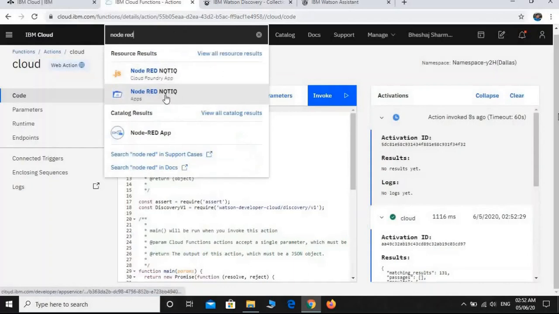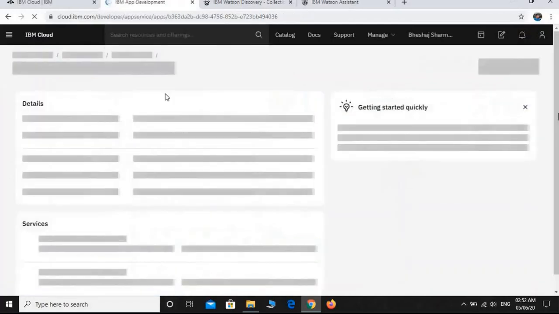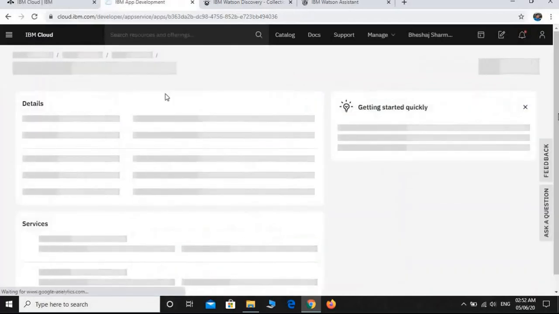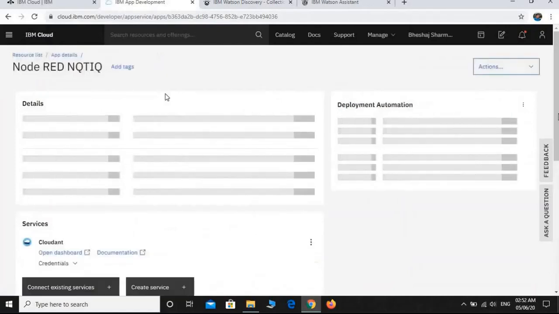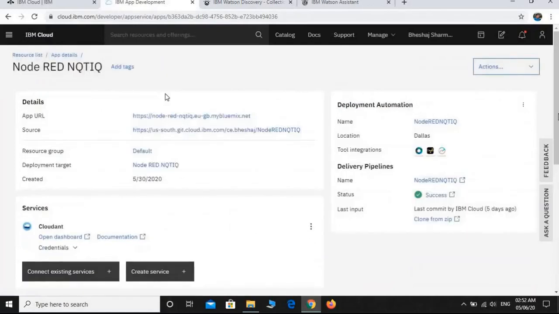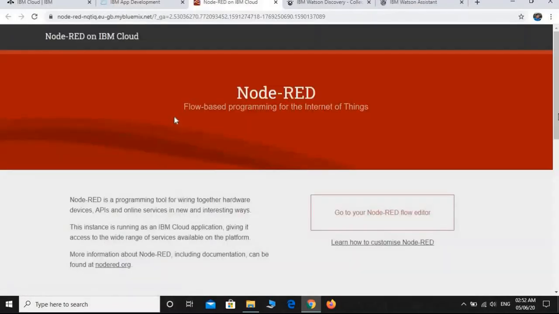Now I am going to show you Node-RED. This is the URL of my Node-RED. This is the interface.